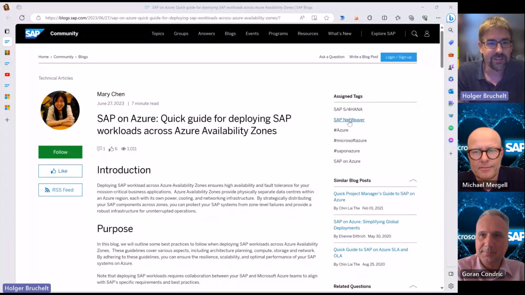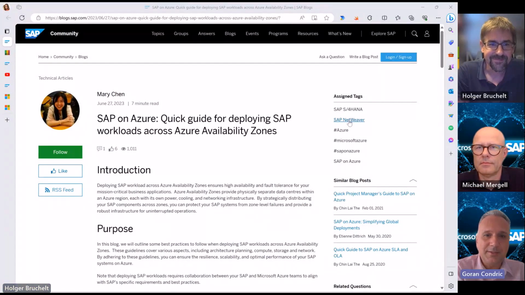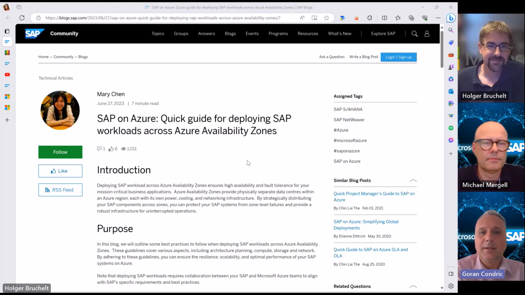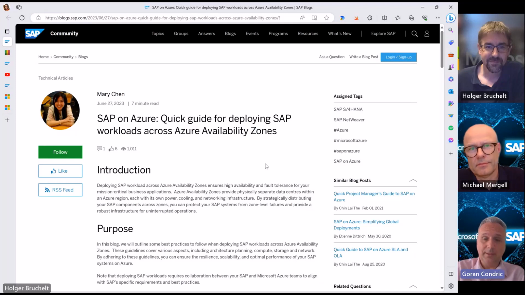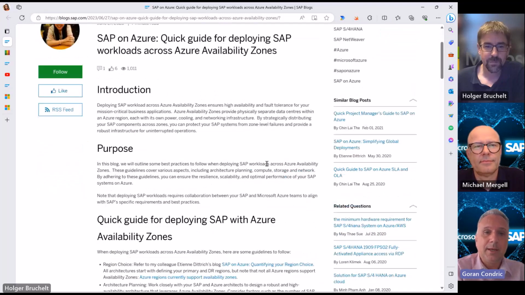And Goran, we start with a blog post from Mary Chen. Yeah, so that's one of our Microsoft Cloud architects. She did a quick guide for deploying SAP across the availability zones. Availability zones are always strongly recommended. And she did a nice summary about what it is,